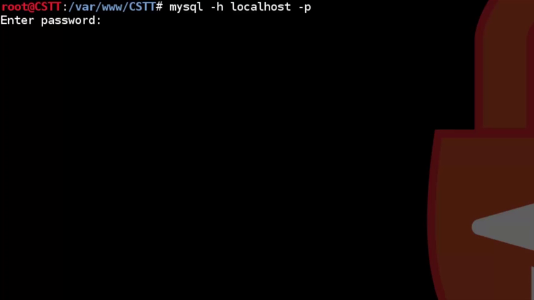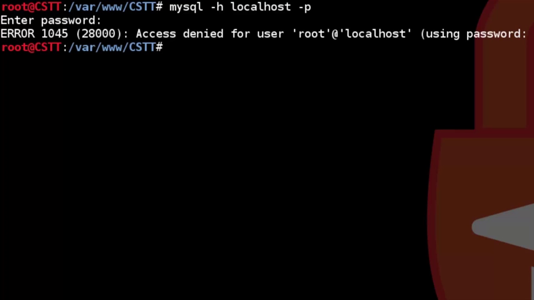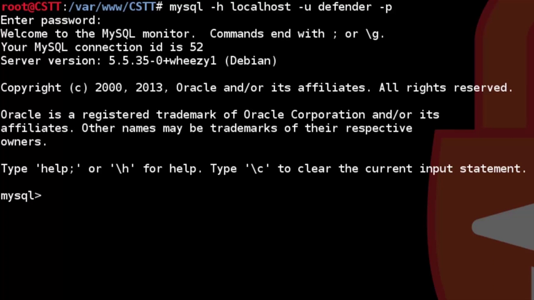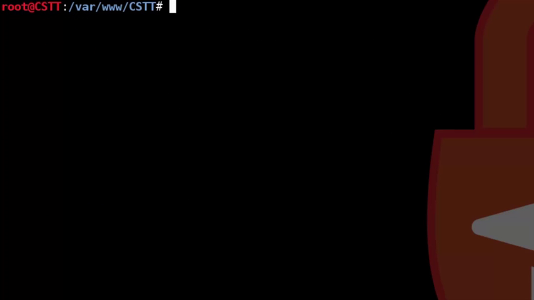So you can enter it, or if you added another user, like in my case, you can say -u with the user and -p to prompt for the password, and then you enter the password for that user and you get access with that user. That's just another way to go. So I think that's all. Again, if you want to change the password for root or any other user, you use passwd. You will need to enter a new password.